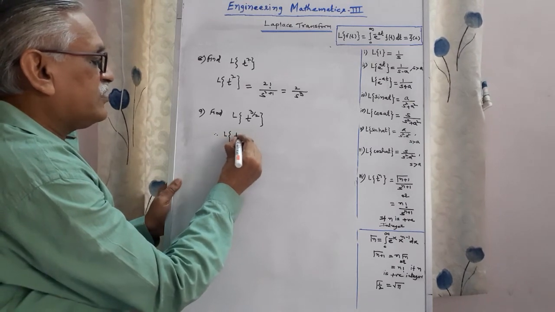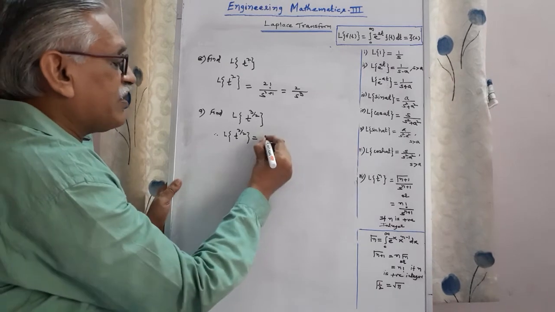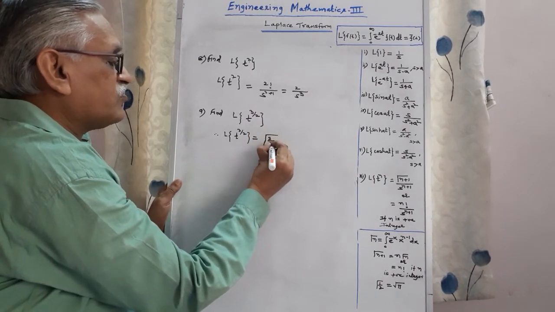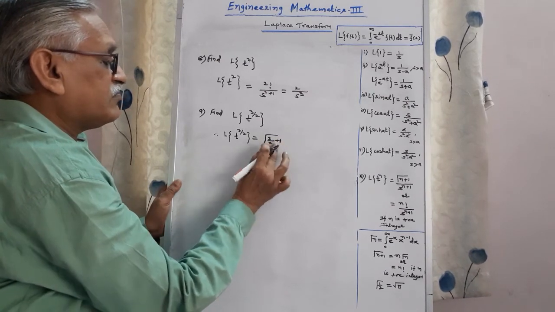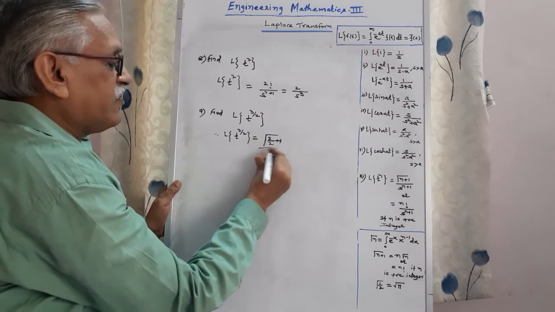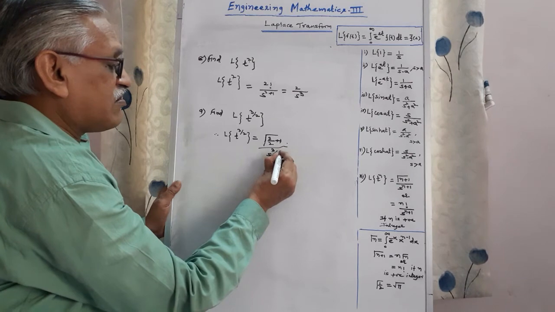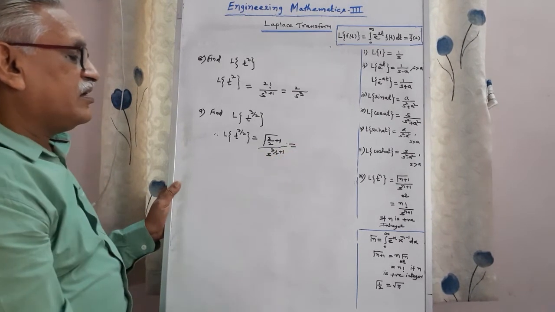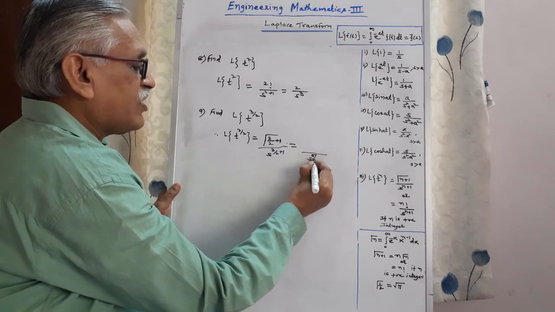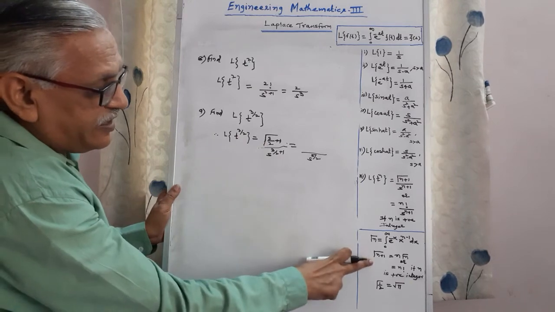Laplace of t raised to 3 by 2, it is gamma n plus 1, n is here 3 by 2 plus 1, divided by s raised to 3 by 2 plus 1. This becomes s raised to 5 by 2,